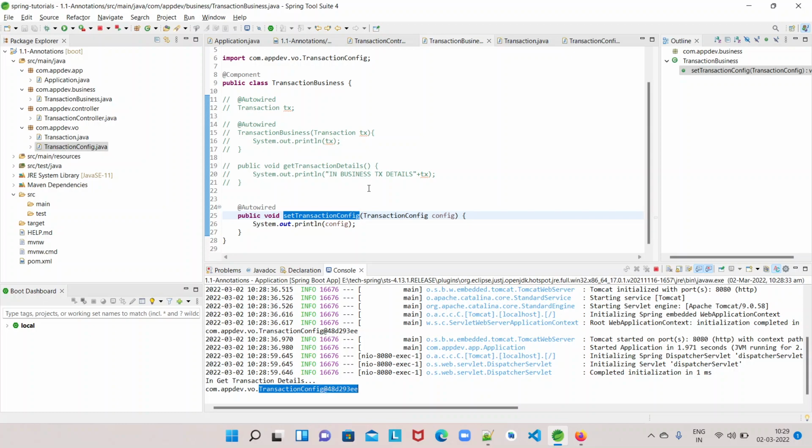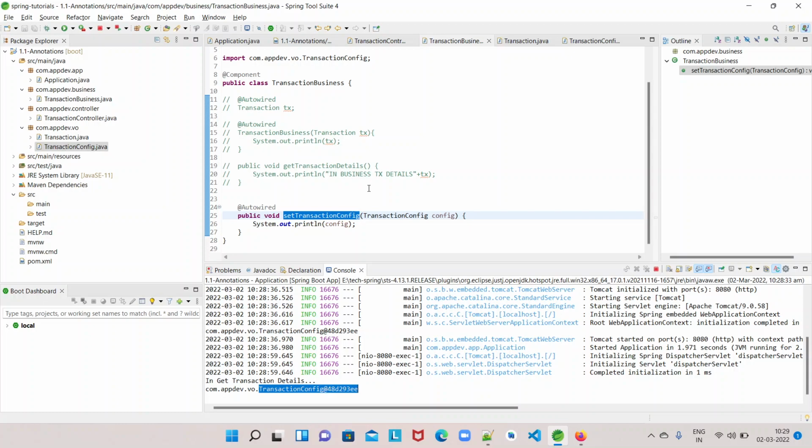If a method is dependent on any other class, that also we can use the method level annotation. If a method has certain parameters, and one of them is a reference type, for those reference types also we can use at the date auto wired.